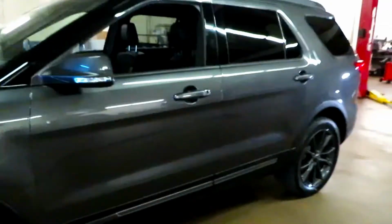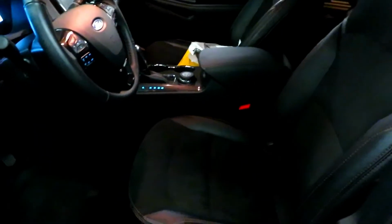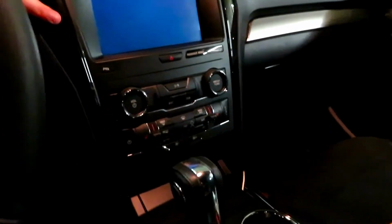So now let's move inside here so you guys can actually see what I'm talking about. This one is going to be a little different because, like I said, this one has a Sport Appearance Package on it, which means it's not going to be a full leather seat. Hopefully my lighting's pretty good here, but it's kind of like an Alcantara fabric here, and then leather sides, and then you get the red stitching. So again, these seats are going to be a little different than what I was talking about with having the leather. But moving forward, leather, heated seats, heated steering wheel this has,